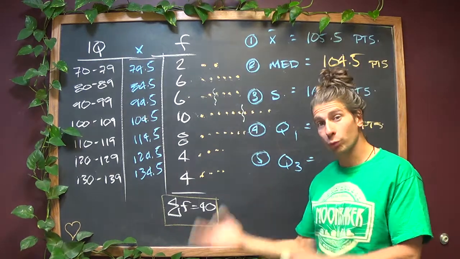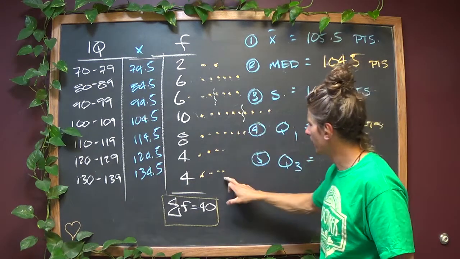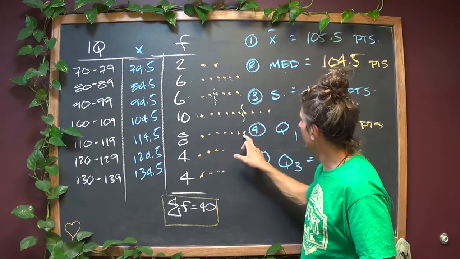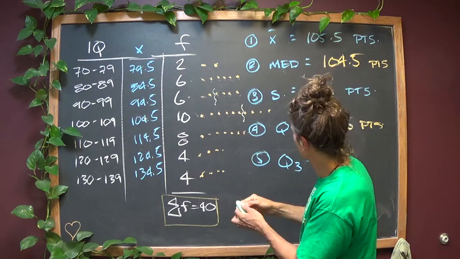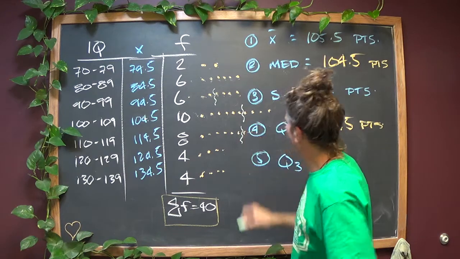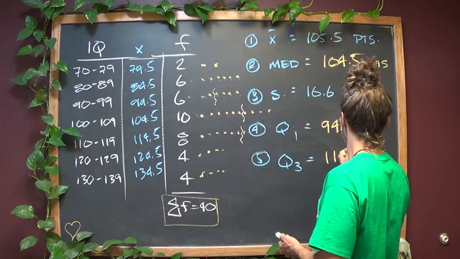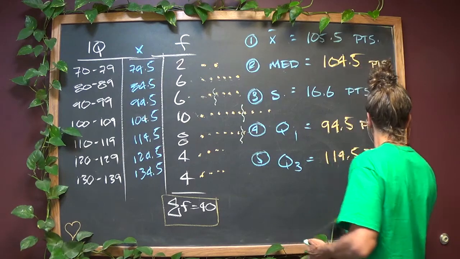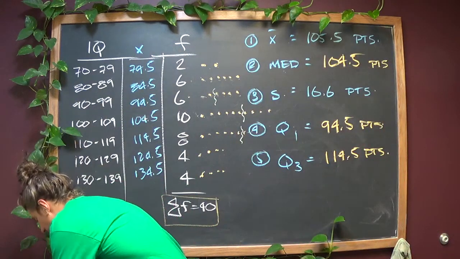And then Q3 is going to be the same thing, but on the top half. So you can go up or down. 2, 3, 4, 5, 6, 7, 8, 9, 10, or wherever it is. It's right here, 9, 10, 11. There you go. Right there. So that is in the realm of 114.5 points. And if you wanted to, or needed to, you could, I didn't ask you to do this, but